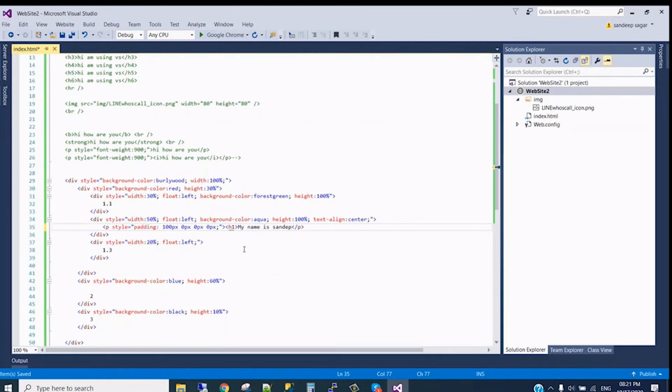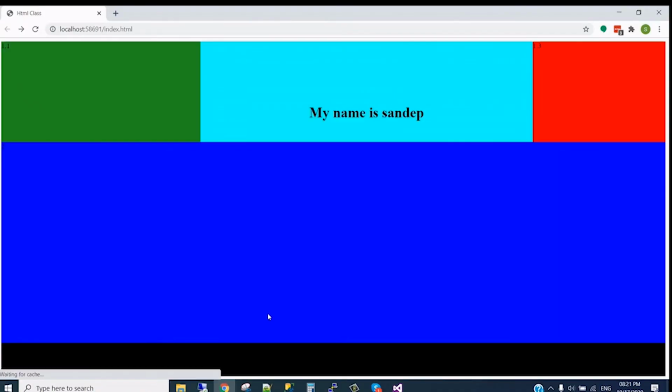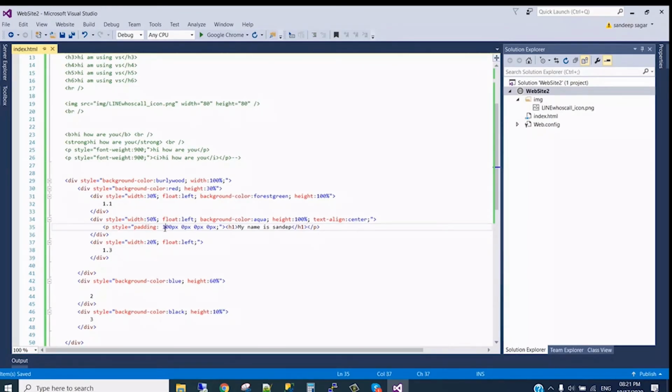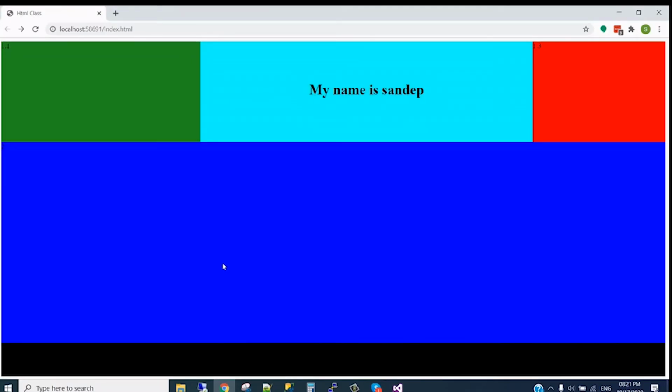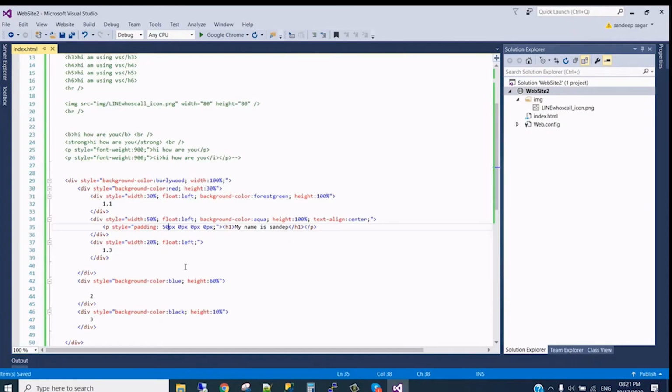I think we need a little less, so we can use 50 pixel. Yeah, this looks good. This is one way.